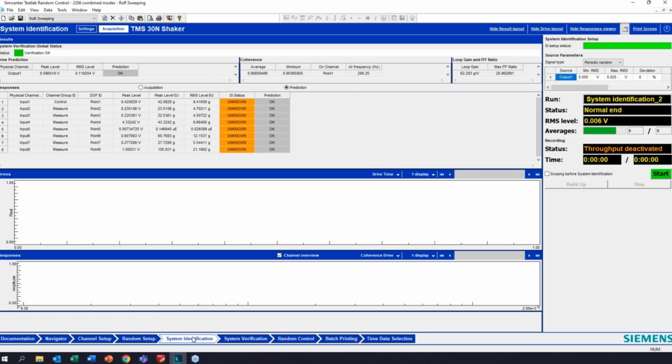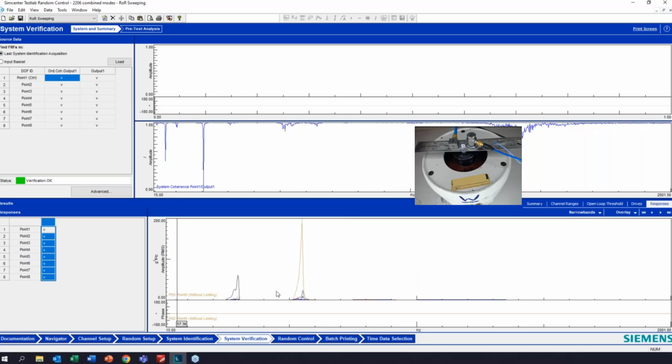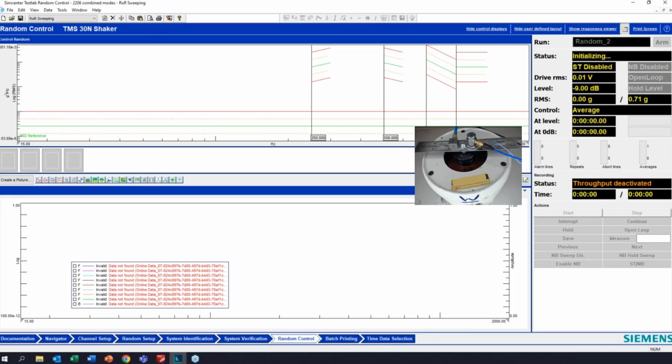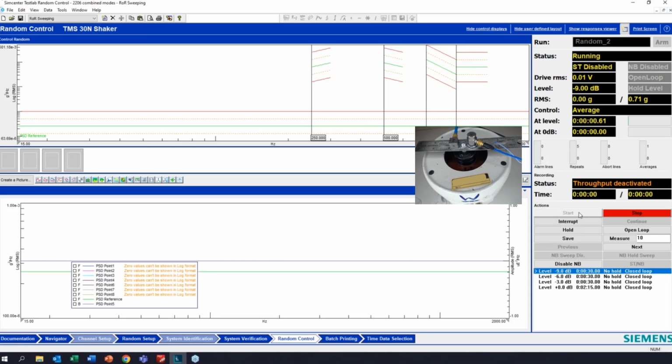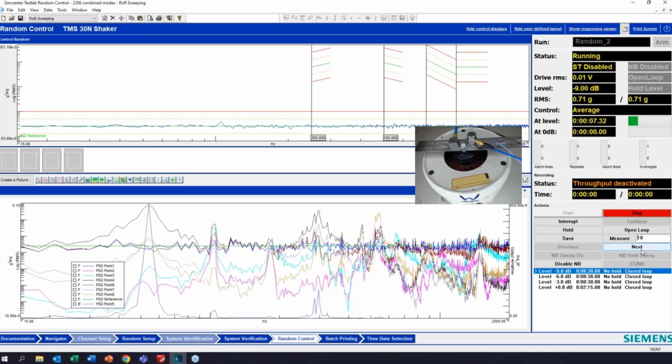Right, again, my setup hasn't changed, so I'm going to use the same self-test. And you can see here how this looks a little different in the responses that we're predicting. But let's go ahead and hit ARM and see how this goes. Again, we're starting down at 9 dB.